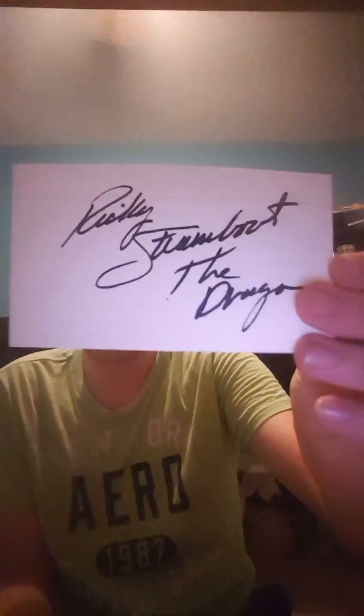Bret Hart, Cameron, Finn Balor, The $1 Million Man Ted DiBiase, Truth Martini, Tom Pritchard, Tully Blanchard, Matt Jackson from the Young Bucks, Goldberg, Nick Jackson from the Young Bucks, Hulk Hogan, Antonio Thomas, Jim Ross, Kurt Hawkins, Teddy Long, Ricky Steamboat,